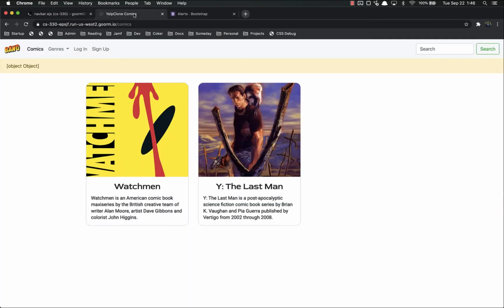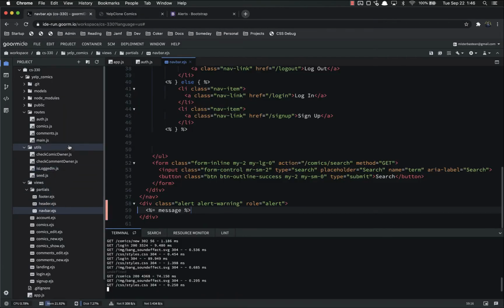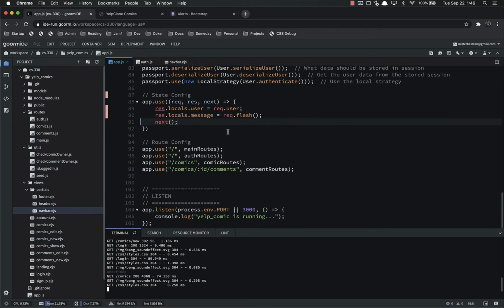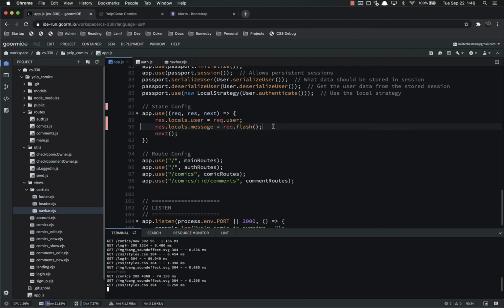So right now, we're having all of our messages in yellow, whether it's a good message, a bad message, all of them are in yellow. But we still want to have success messages in green as well. So therefore we need to add some logic to differentiate between the types of messages and show different HTML based on those. To do this, we're going to go back into app.js, and instead of just passing messages, res.local.message, we're